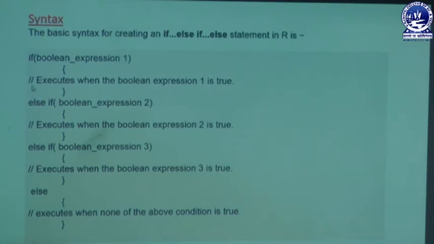You can see here we have written three conditions: Boolean expression 1 is the first condition, then the second condition, and this is our third condition. You can also provide any number of conditions here, but you have to remember that whatever conditions we write will be before else and after if.